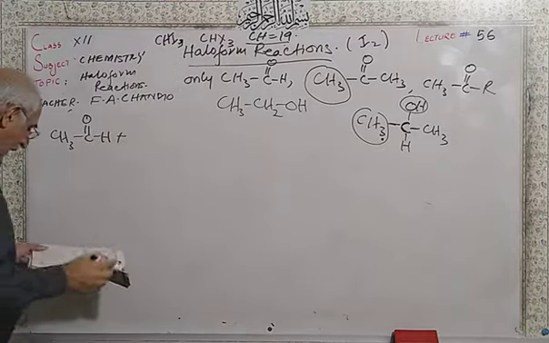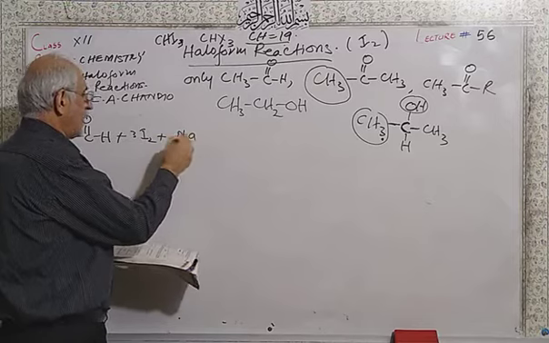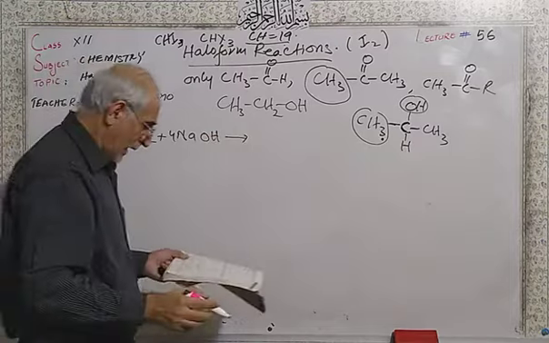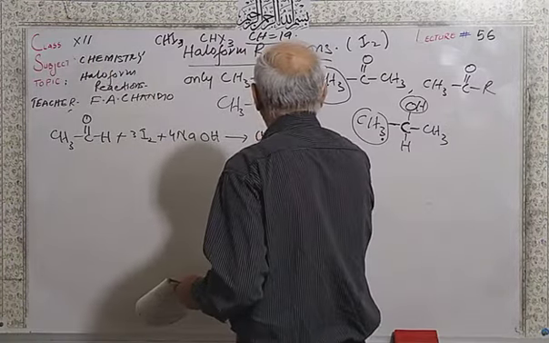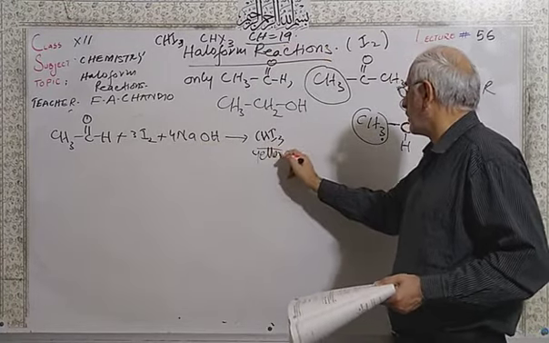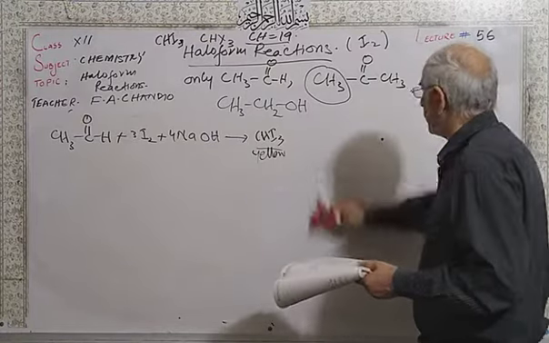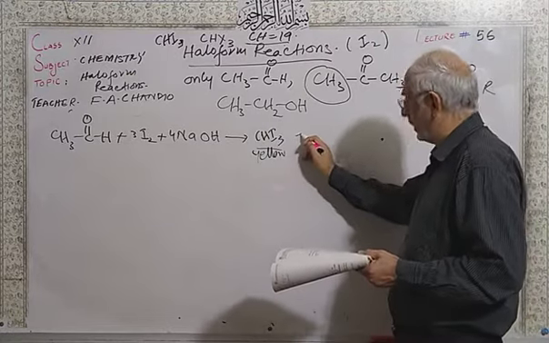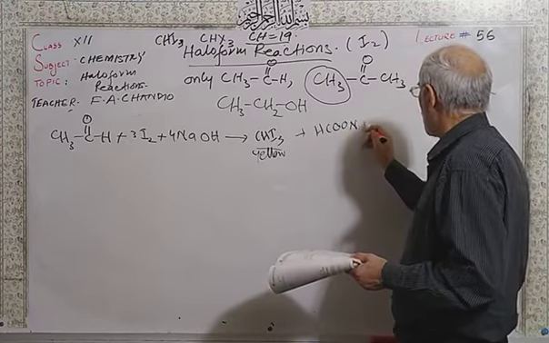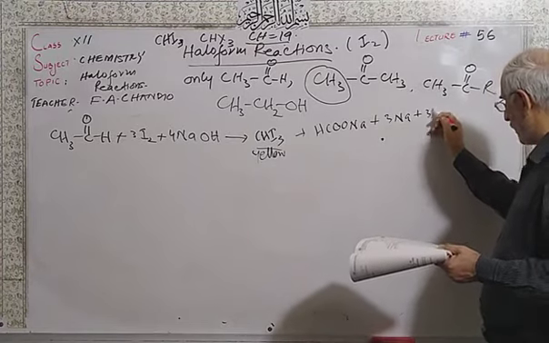So this is the acetaldehyde, plus 3 moles of iodine, and you have to put the base, sodium carbonate. You can also use sodium carbonate, an alkaline solution base. So you will get a precipitate. This is called iodoform, a yellow precipitate. Plus you will get the formic acid salt, sodium formate,